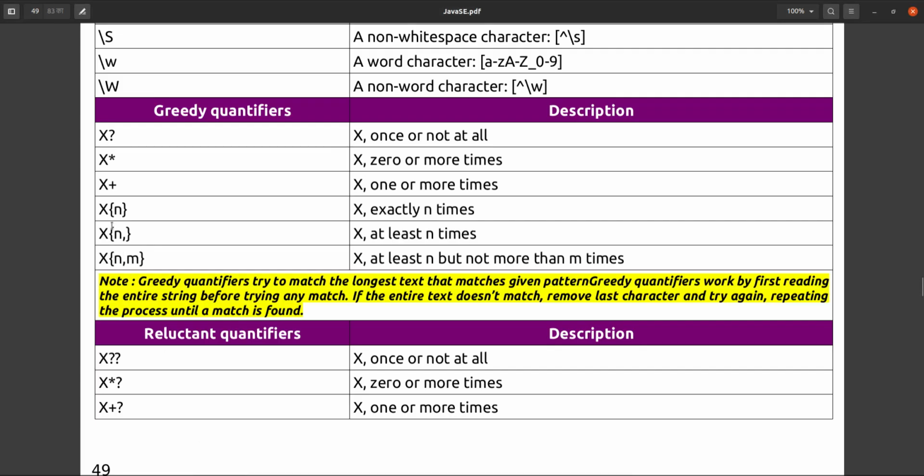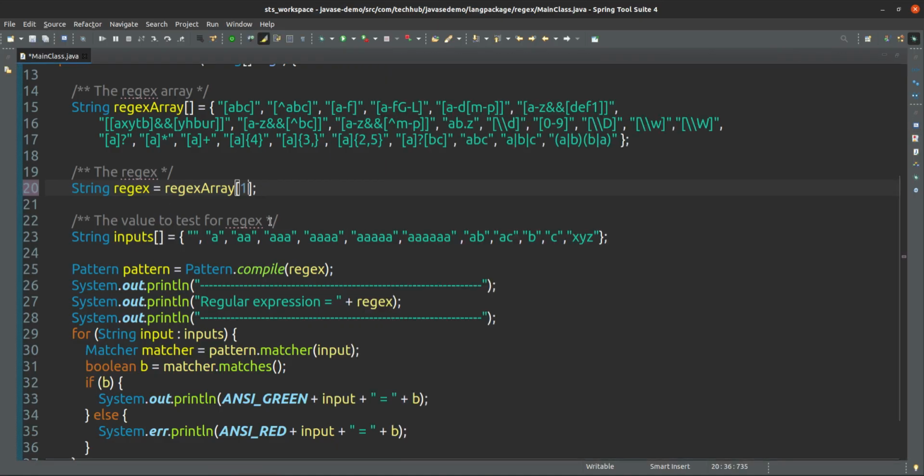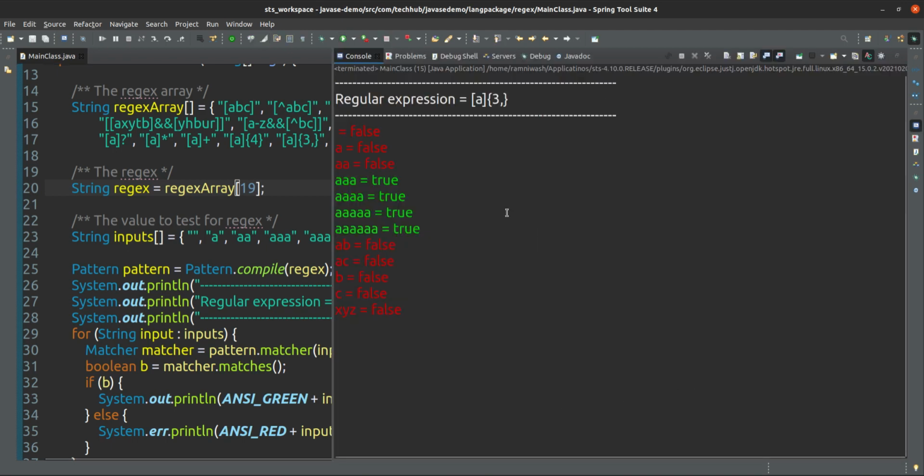Okay. Next one, if I write a comma after n, it means at least n times and more than that. Suppose here A should occur at least 3 times and more than that, which means n number of times: 4, 5, 6, 7, 8, 9, 10 up to n number of times you can pass this A, because I am saying A should occur at least 3 times. More than 3 times it can be, no issue.